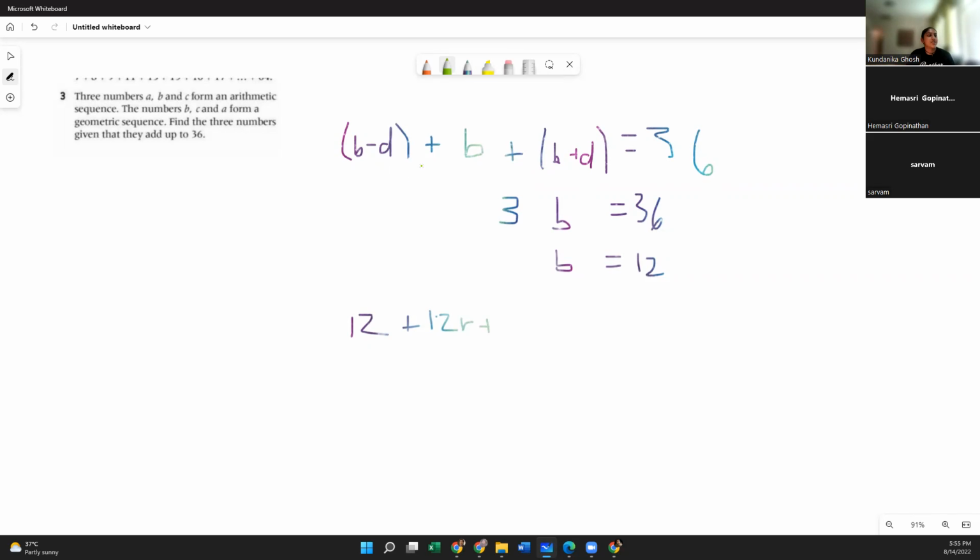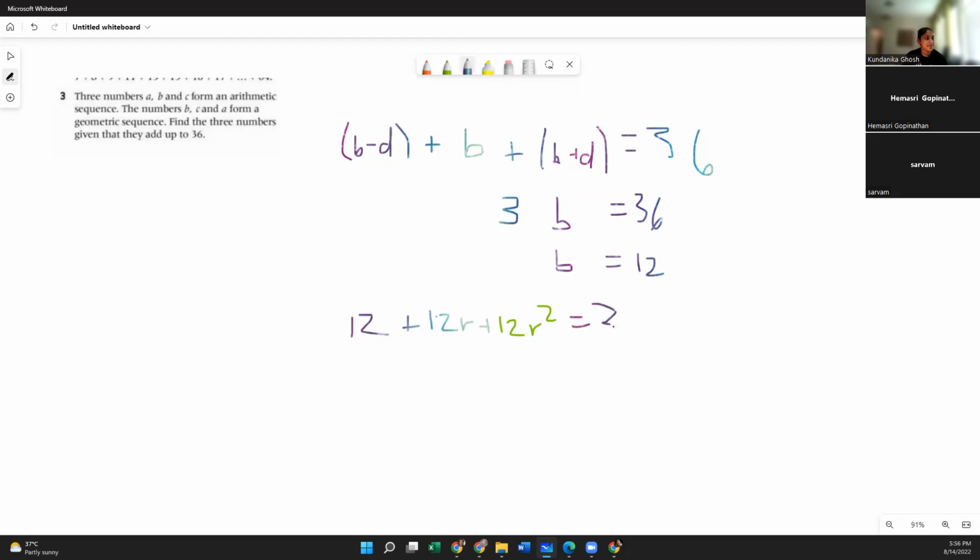Not necessarily even a fraction. If R is a negative number, you're going to be going down instead of up, unless you have negative 26 times something, which is going to go up and then down and then up and then down. You see how that's going to work? Okay, and then you understand how we got 12 plus 12R plus 12R squared, correct?